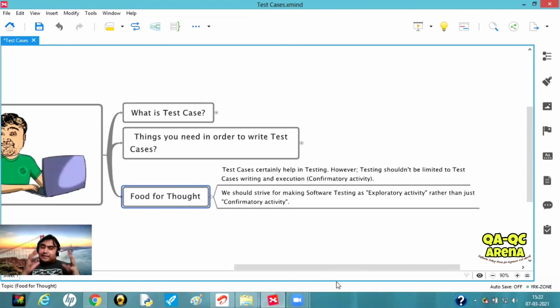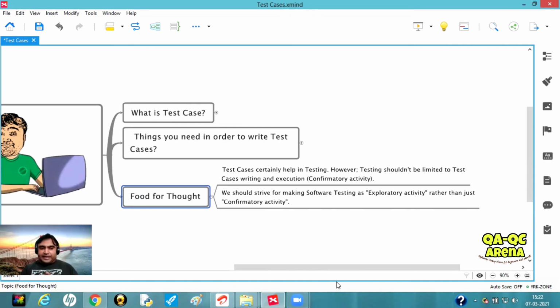Understand that you can collect information by writing and executing test cases, but that's limited information. You need to go beyond that, because at the end of the day, as a team, you are committed to deliver working software. That's a part of your profile, but bringing more value to the table is another layer.